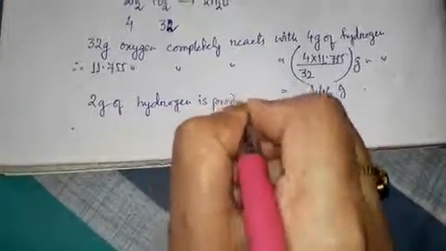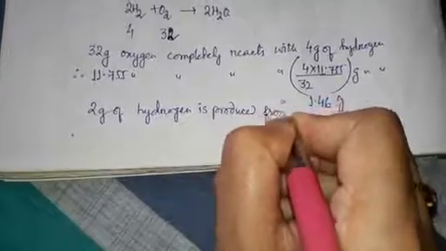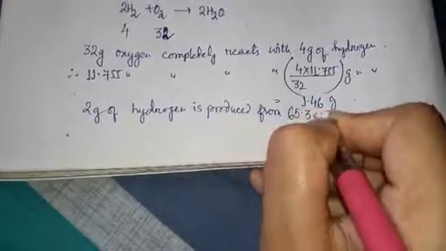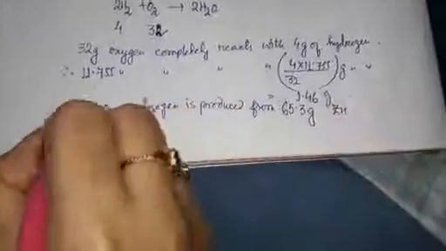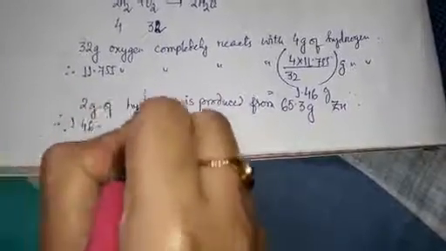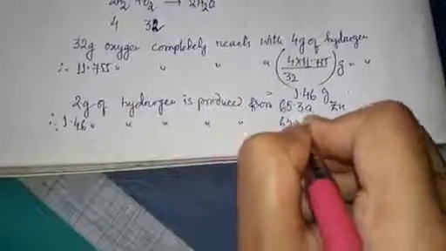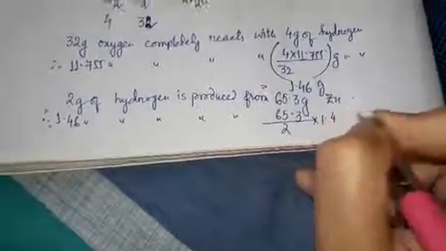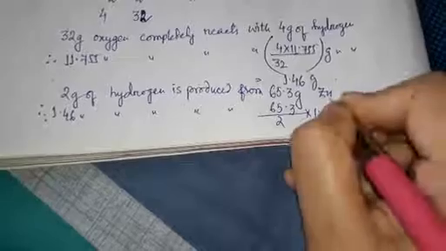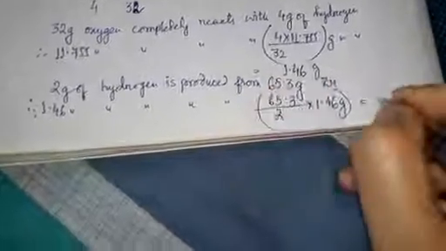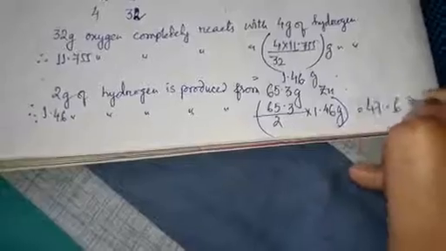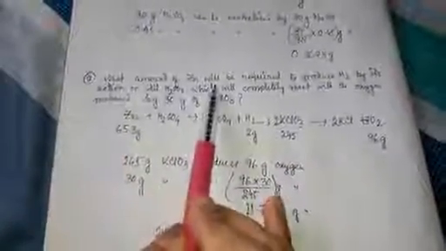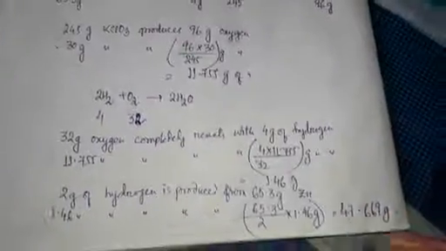So 2 grams of hydrogen is produced from 65.3 grams of zinc, and so 1.46 grams of hydrogen is produced from 65.3 divided by 2 into 1.46 grams. So the weight of zinc is this one. So our question was what amount of zinc will be required. So this is our answer, 47